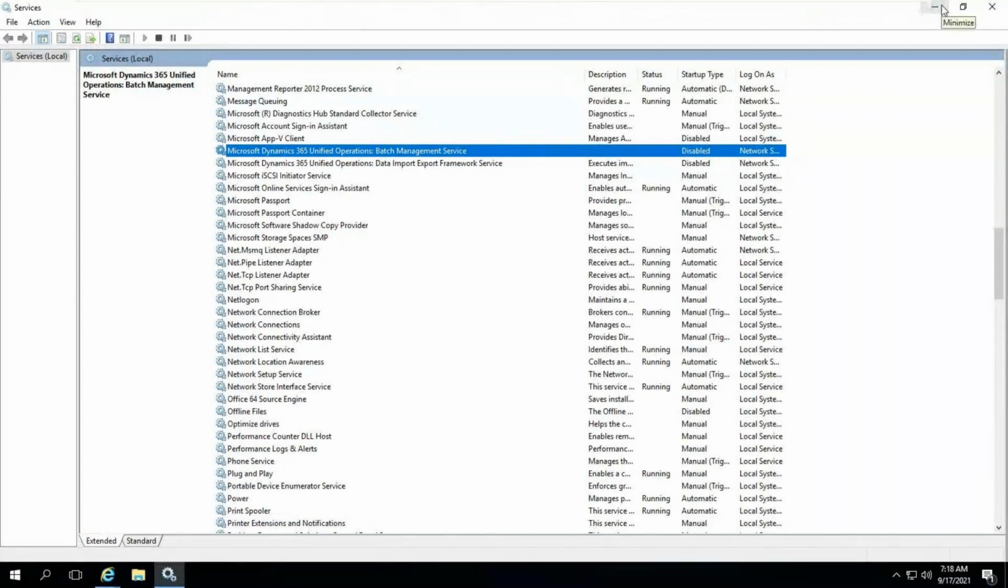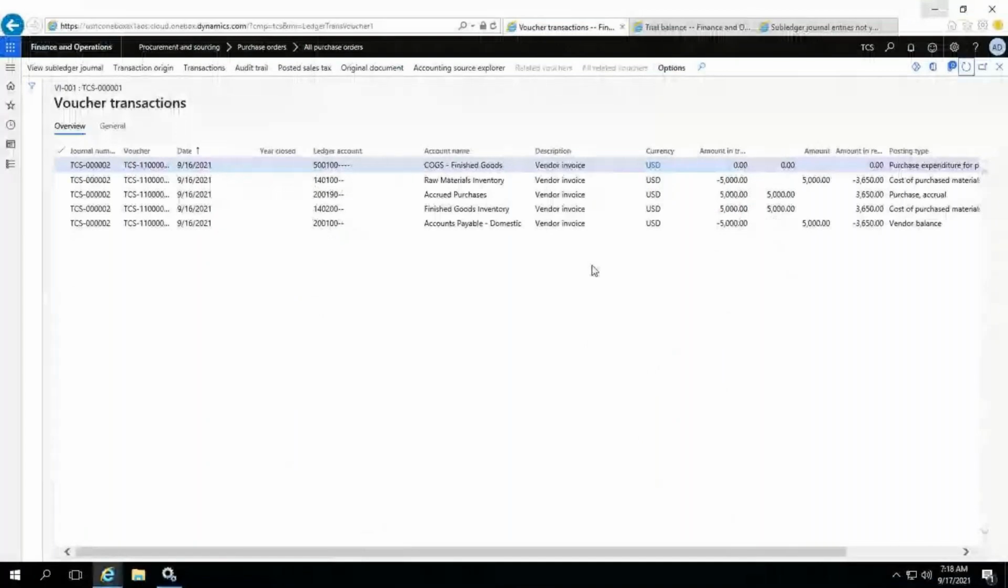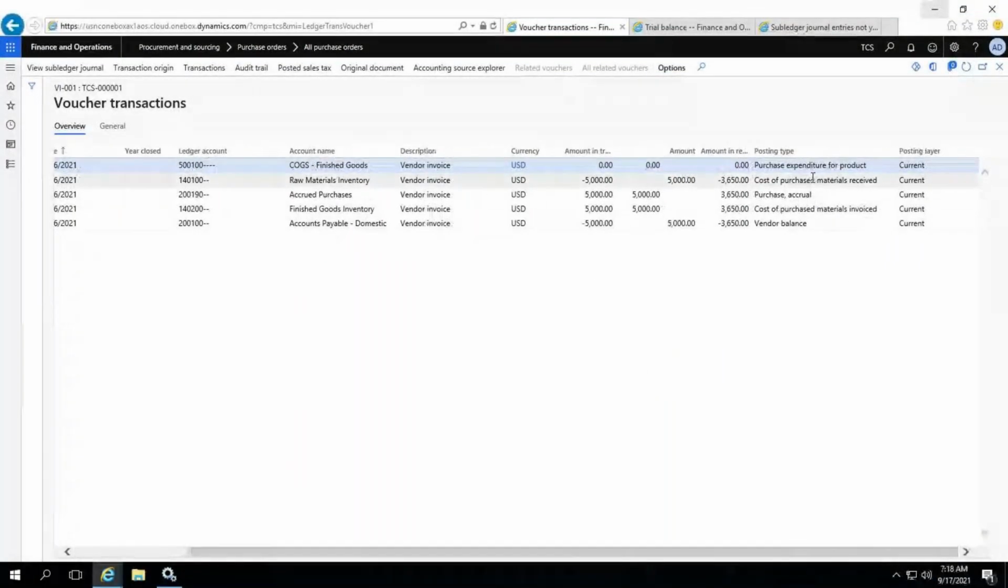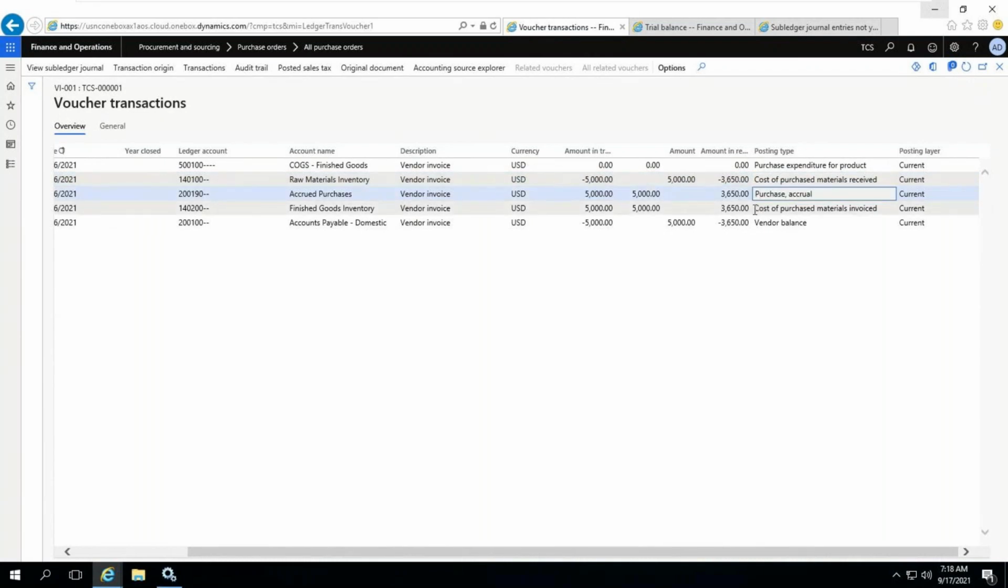Okay, now the temporary accounts, whatever was posted, will be reversed. Cost of material invoice, cost of purchase material received account, earlier it was debit, now it is credit. Purchase accrual, earlier it was credit, now it is debit. Now the actual cost of material invoiced account debit, vendor account credit, it was posted. Now if you verify the trial balance,